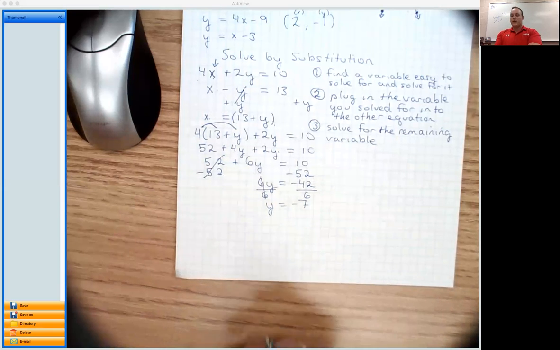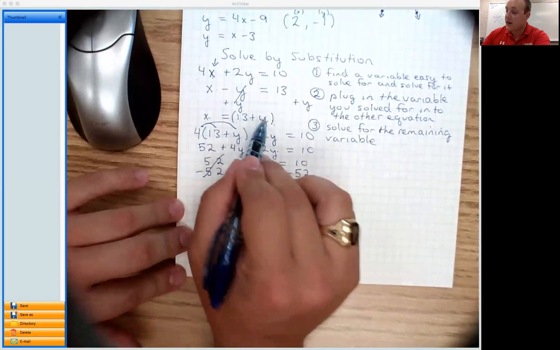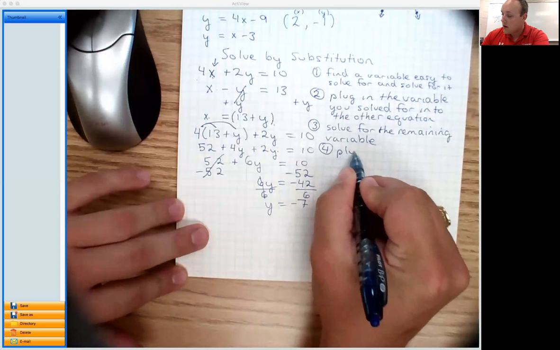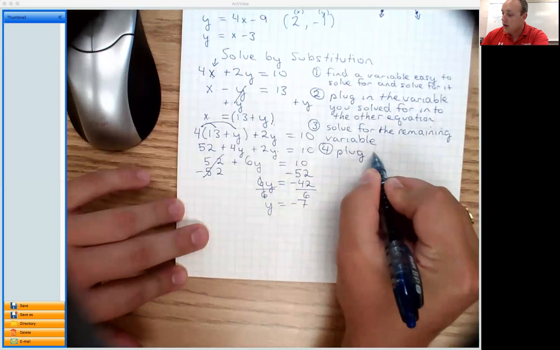Okay, so here's where you're not done yet. See how we only have one of those variables? I need to plug y into the x. Yep, I got to plug that in so we can find x. Then it's 13 plus negative 7. So plug in